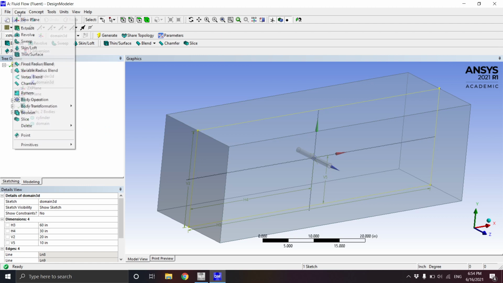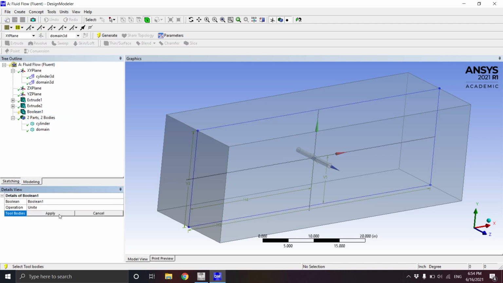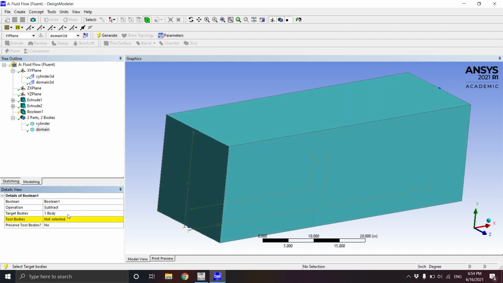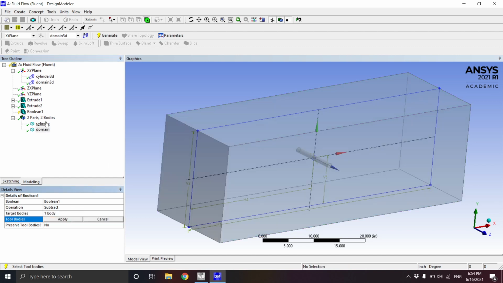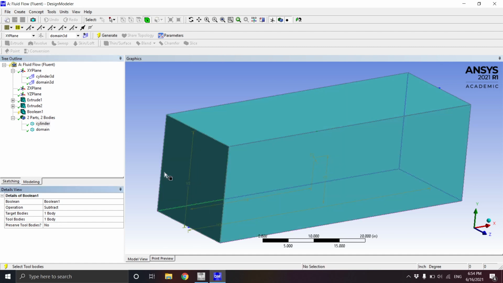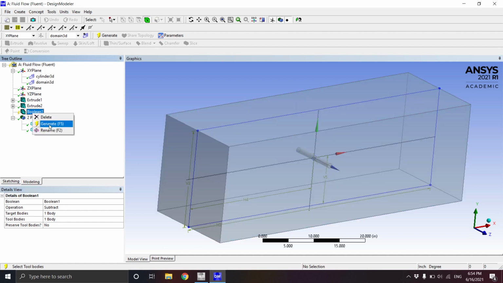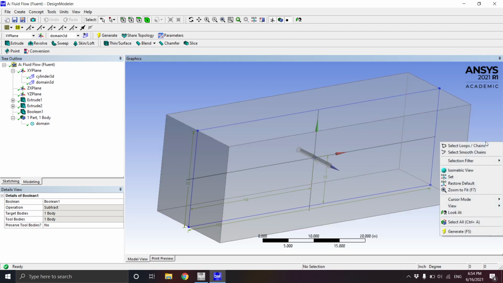So from last time, we're gonna do the same thing. We're gonna go to create, and we're gonna select volume, and it's gonna give us the option to unite, subtract, or intersect. We're gonna subtract. The target body is what we want to subtract from, which is the domain. We're gonna select the domain. The tool body is the thing that we're gonna subtract, which is gonna be the cylinder. So if we apply it and generate this,